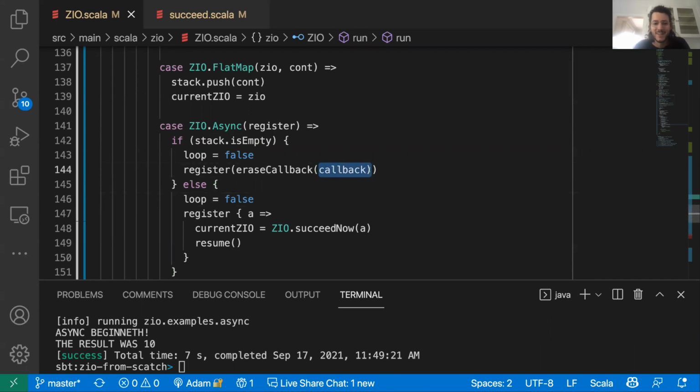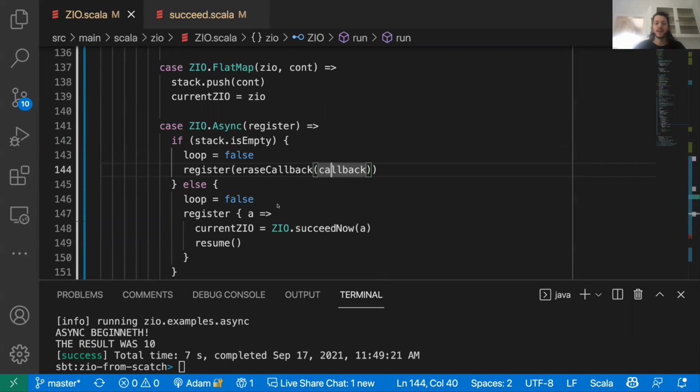It's the continuation that the user has given us for how to actually escape this ZIO and do something real with the final result. So we're going to say, okay, third party API, you get to use the actual remote that the user gave us. So you get to continue with what the user wanted. However, if it's not over, then you don't get to continue with the callback that the user provided us. Instead, you have to continue with this run loop. And we do that by setting the current ZIO. That's how we keep the current state of our stack, the value that the stack's going to use, and then we resume. And we know that we handle succeed by doing that method that we wrote up above,